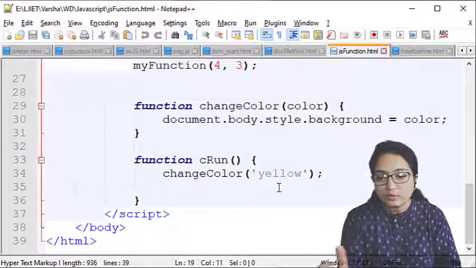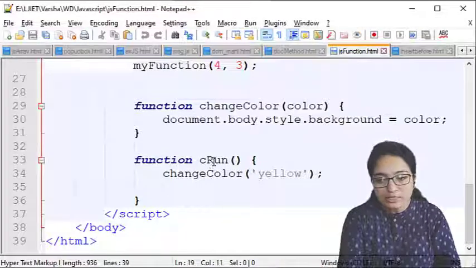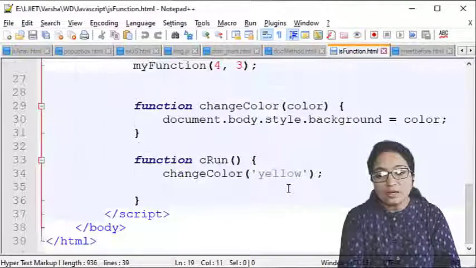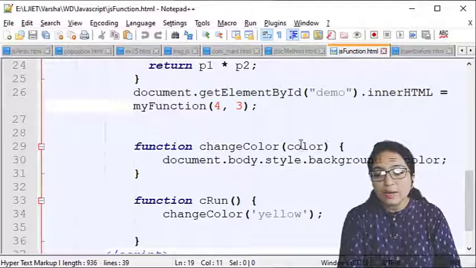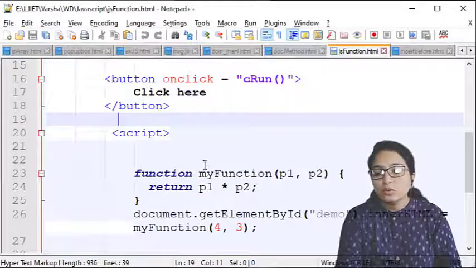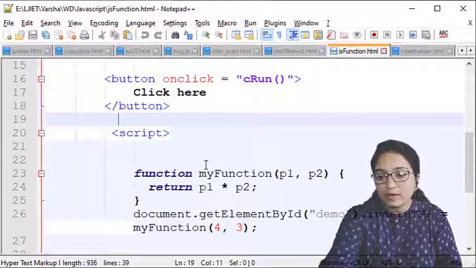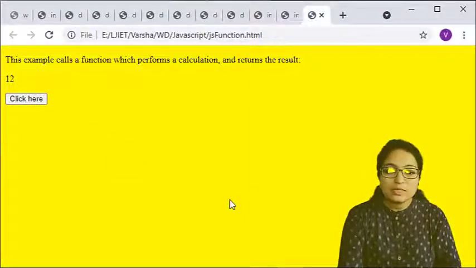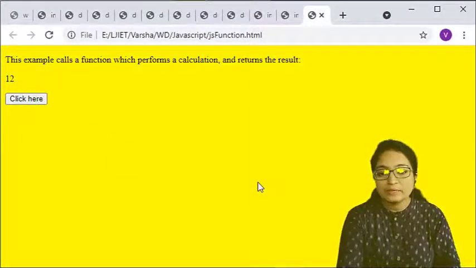Right now I am showing the example of calling the function. It will call the function changeColor, and in changeColor we are passing the value yellow. So document.body.style.backgroundColor will be set to yellow. This is the example of event handling.